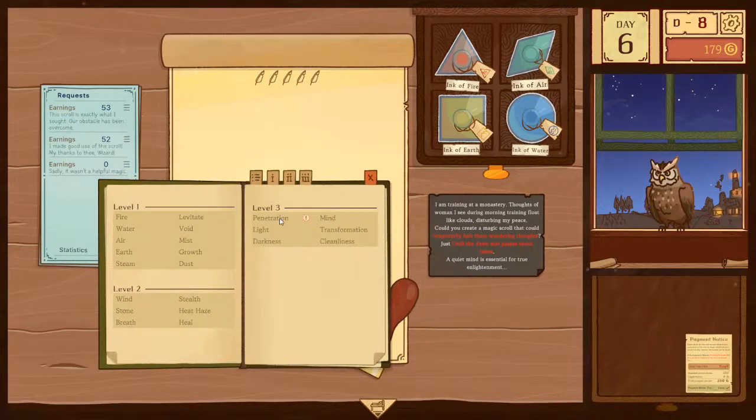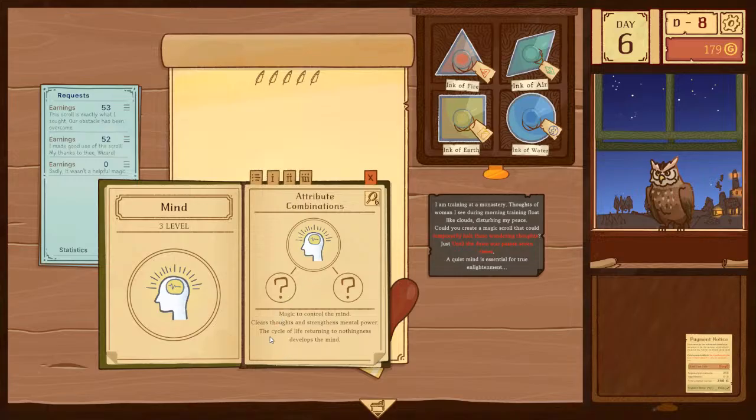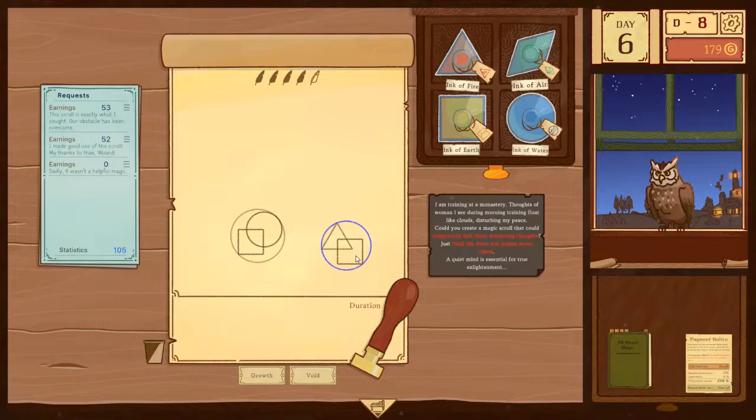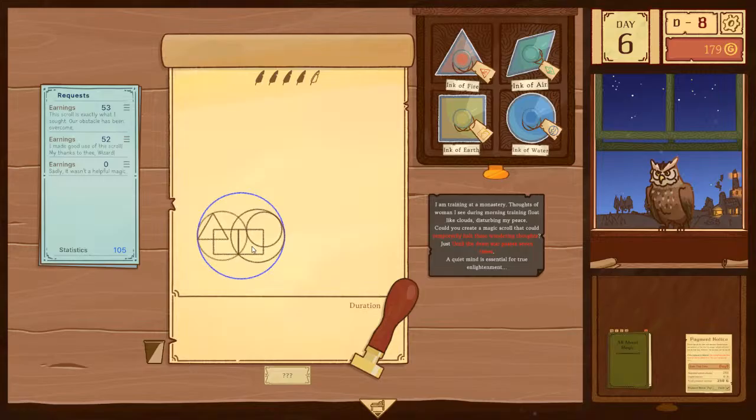Interesting. I want mind. Easier to control the mind. Clear thoughts and strengthens mental power. The cycle of life, returning to nothingness, develops the mind. That one's very easy. Life. I have nothing in this. Now, do I put them this way or this? I think I like this one.